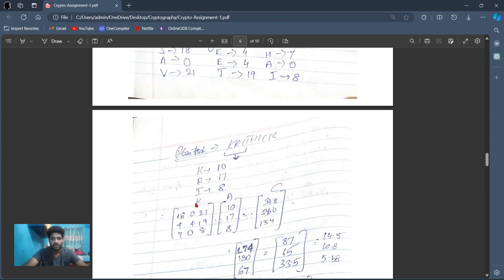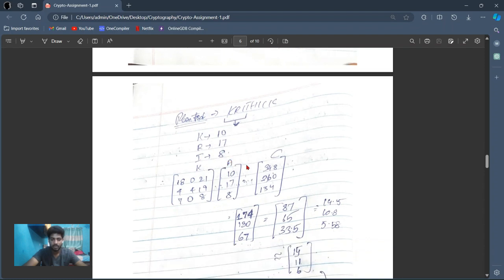We are going to name it the K matrix, and then an A matrix from the plain text. From the plain text, let's take the first three letters, K, R, I, and name them with the corresponding numbers. Like for K it is 10, for R it is 17, for I it is 8,